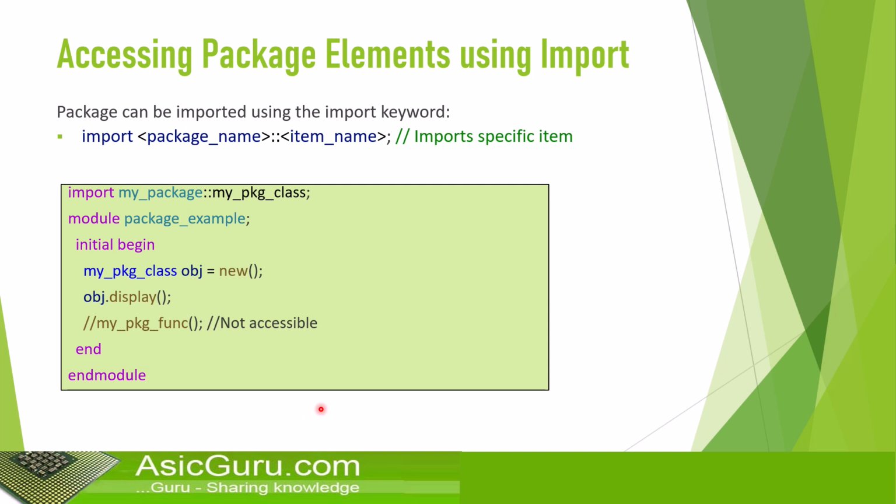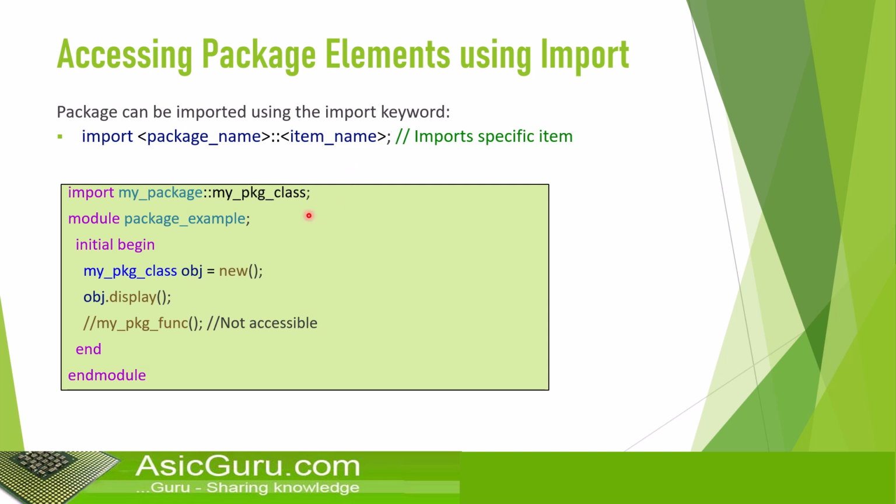Now this is another way of importing a package. Earlier we used import with the wildcard operator, which means import everything defined in a package. But now I only want to import a specific item from the package and not everything. For that we can use the statement import package name, scope resolution operator, and the specific item name which you want to import. For example,